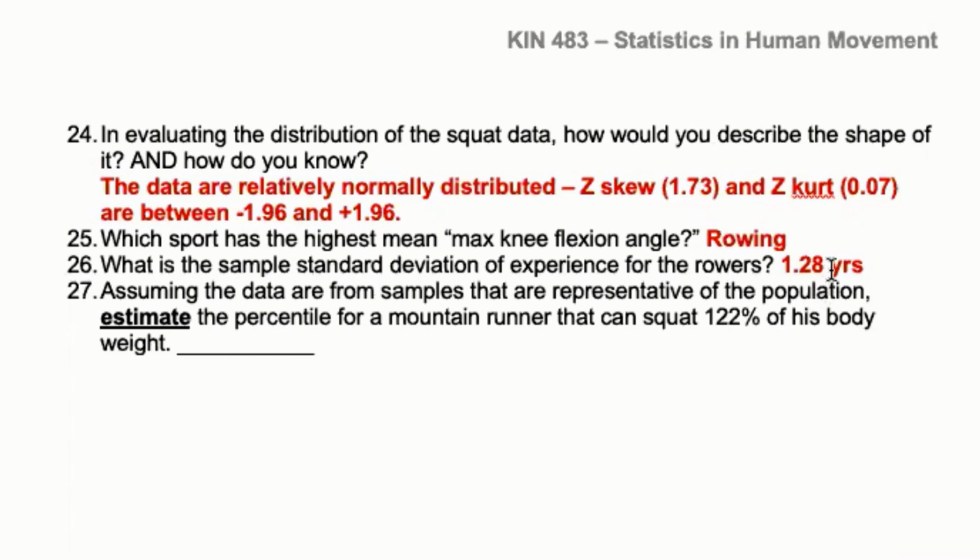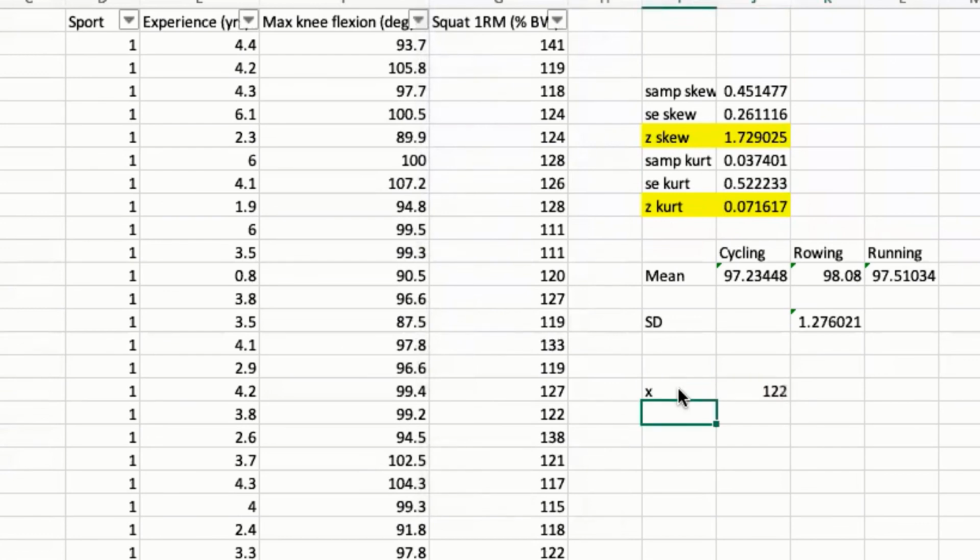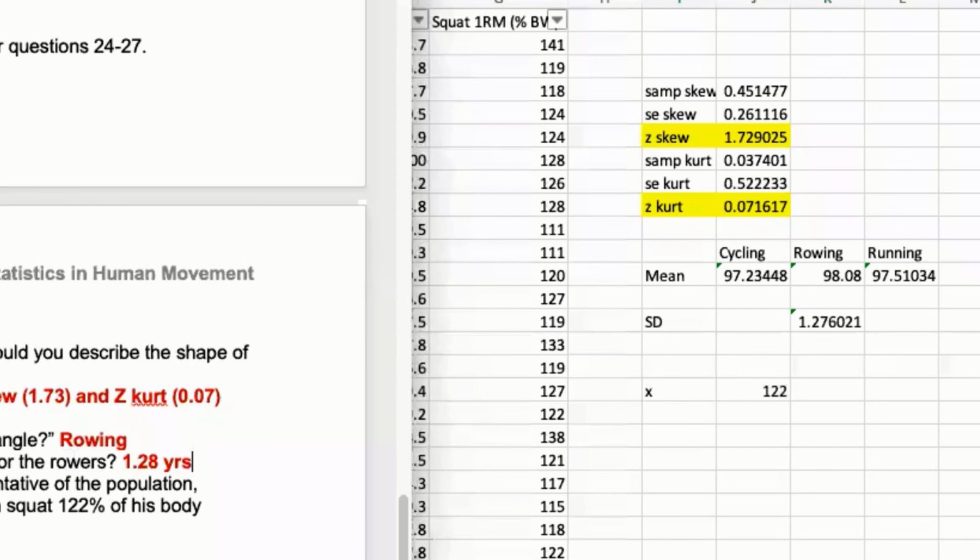Okay. Cool. All right, and then our last one is assuming the data are from samples that are representative of the population. So assuming they are normally distributed, estimate the percentile for a mountain runner that can squat 122% of his body weight. Okay, again, percentiles are looking at values at or worse than a particular score of interest. So if our raw score is 122, and we want the percentile for a mountain runner, we are going to find